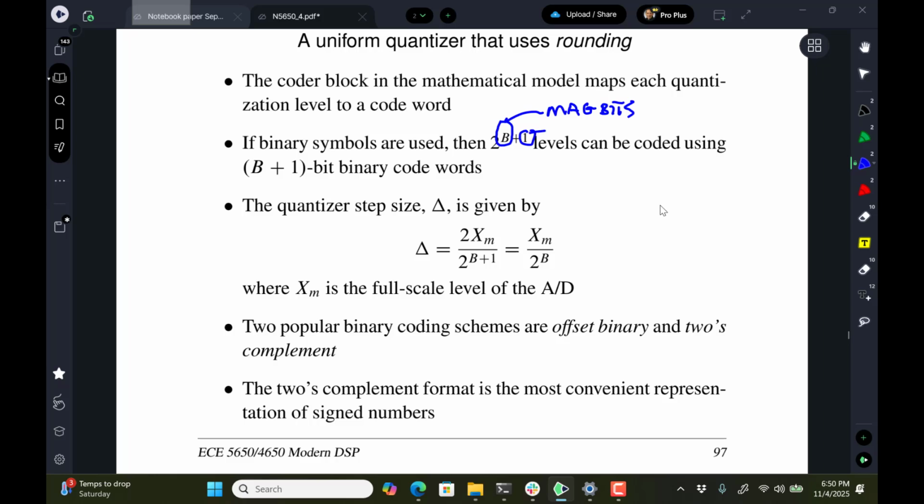And there's one sign bit. That's just the way you want to think of it. It's 2's complement or offset binary, but just think of it as out of the total allocation, there's B plus 1 bit words. So if we're talking about a 16-bit,